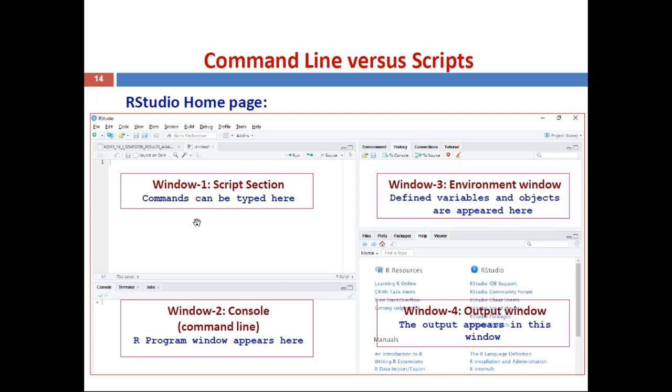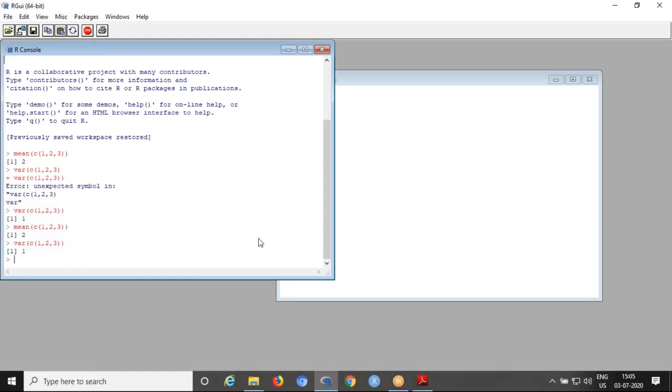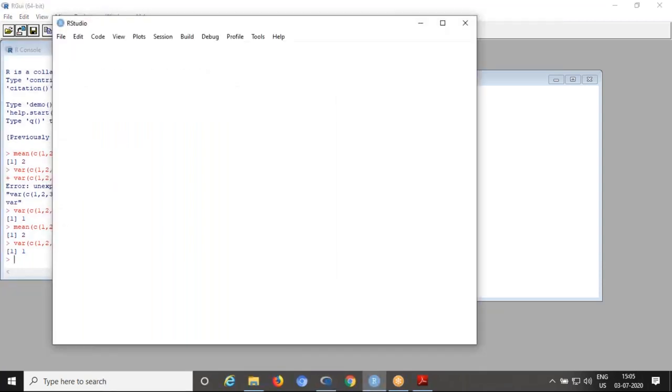Now you can open our RStudio. Now you can observe, this was already installed with the icon. R and RStudio are both different. R is purely a console window, whereas RStudio is a GUI window.